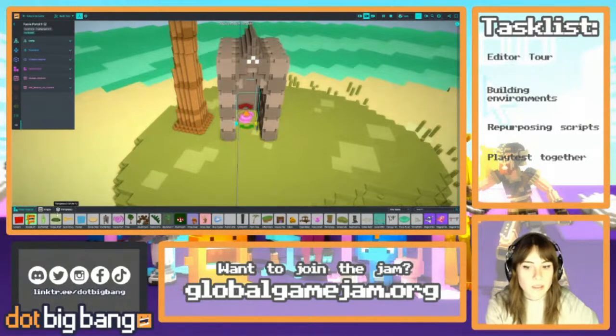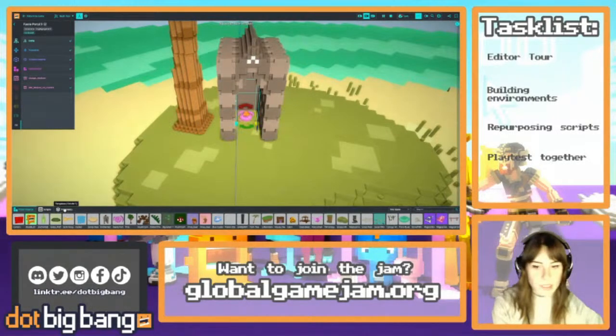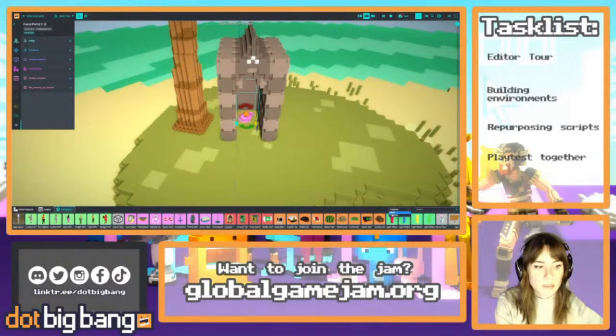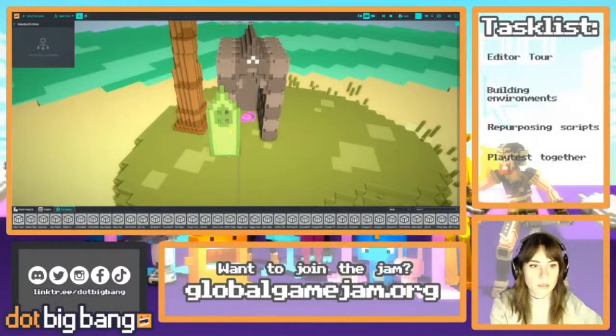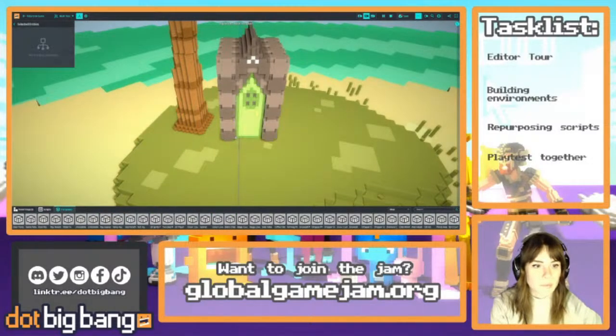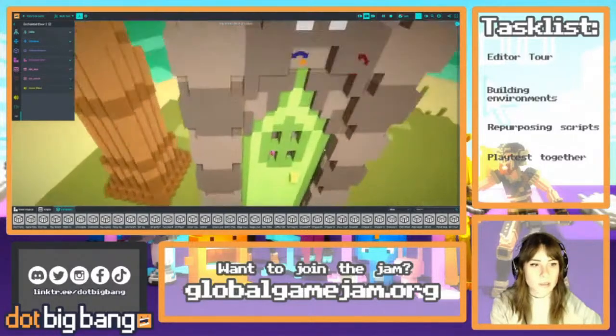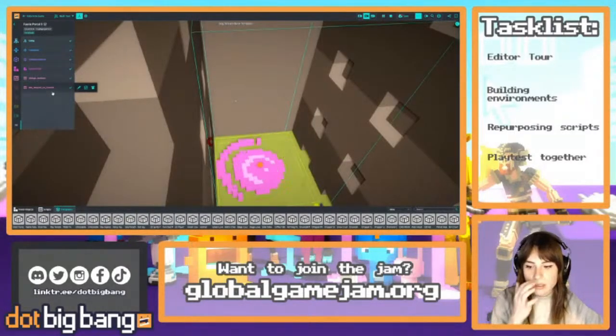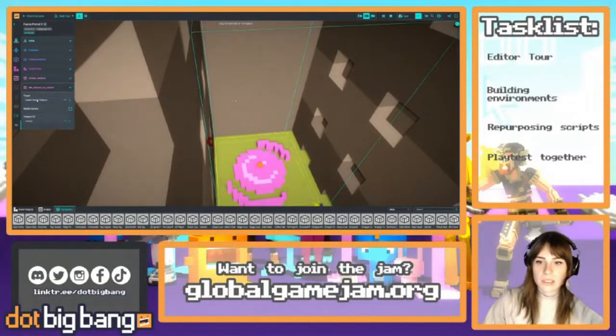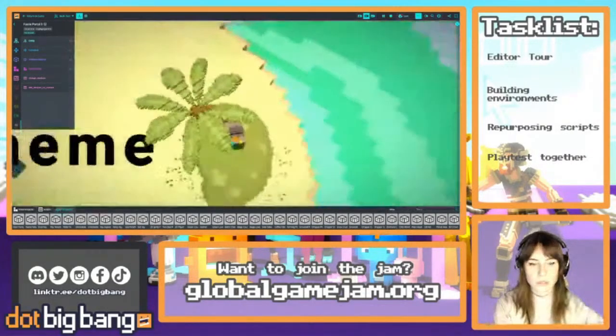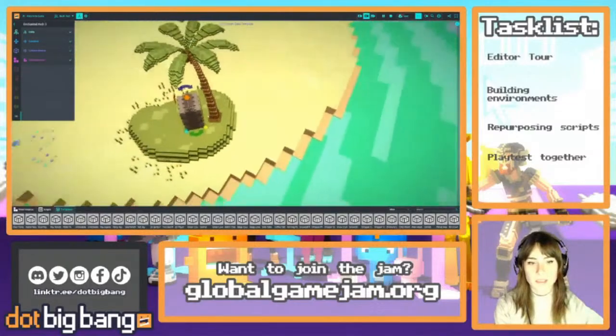Okay. Then I'm gonna grab that door template that I made. Drag it in. Oop. And we've got a door. And let me make sure this portal goes to the right place. It's got the teleport on contact script and it's going to teleport to the castle. So last, I can finally